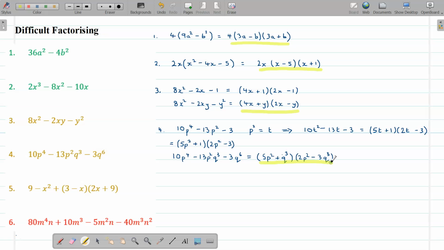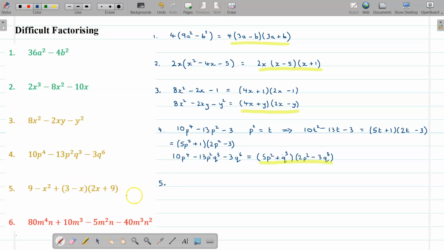Now more difficult to come. So let's look at this one. Slightly unusual and a slightly different approach to this one, number 5. So what we do here is we could multiply everything out first. So get rid of all the brackets, regroup everything, and then have another go at factorising from scratch. Sometimes that will work easily, other times it could take a long time because you could be creating